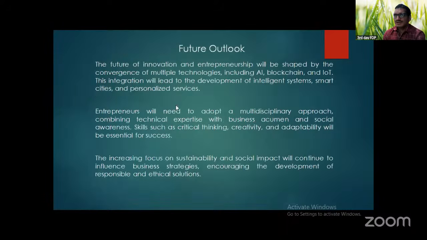Future outlook. Here, the future of innovation and entrepreneurship will be shaped by the convergence of multiple technologies, including AI, blockchain, and IoT. So whoever is an entrepreneur, he should be having this multidisciplinary approach. He should have all these skills along with business acumen and social awareness. Critical thinking, creativity, and adaptability are needed for success. So increasing focus on sustainability and social impact will continue to influence business strategies, encouraging the development of responsible and